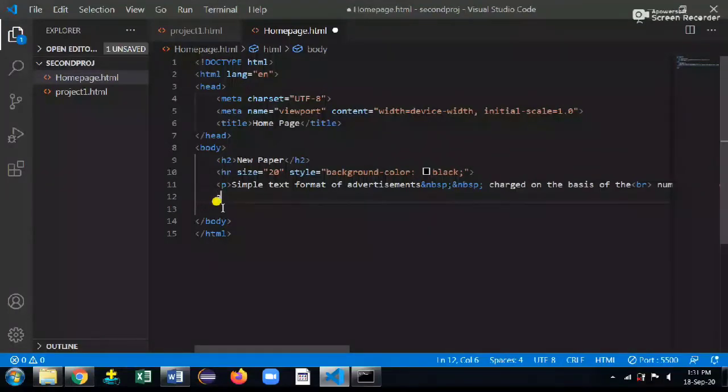Type it here, a tag, enter, and here we will give the link. I'm giving Google link. You can give any other link.